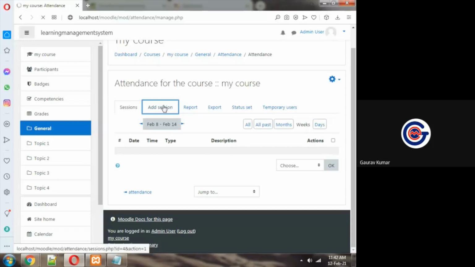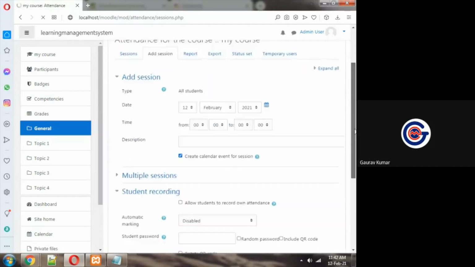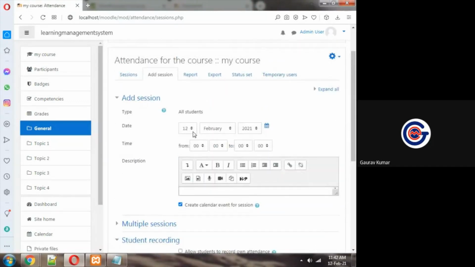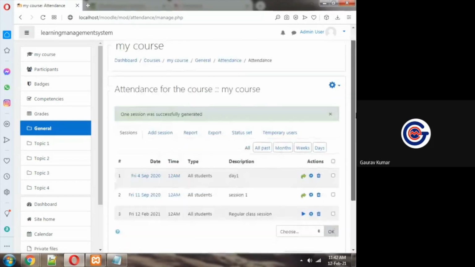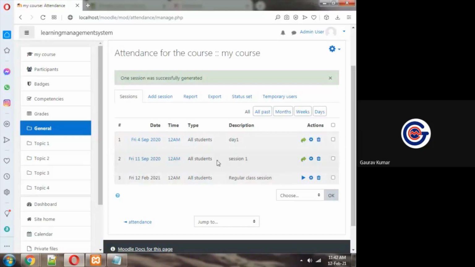Suppose I add a session for one attendance. On which particular date and time will the lecture be? Suppose 12 February, and at which particular time there will be a lecture. I can set the date and time of the session and add. Now you can see whether it is a regular class session or not.